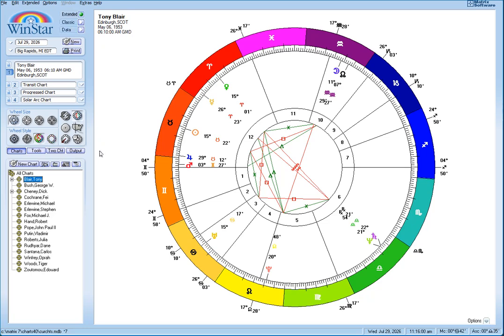The difference is that in the WinStar standard program, when you click on these tools, they are not activated. The other feature that is not included in the standard program is the Daywatch Horizons and Matrix Search.